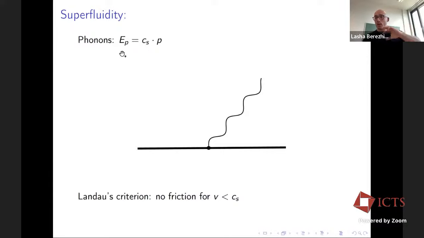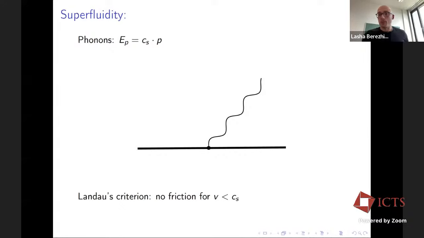Okay, so now you can ask, just to clarify, in the air we also have sound waves. We hit the sound barrier as we go supersonic, but the point is that it's not a superfluid. Why? Because once we hit the sound barrier, that's an additional friction we encounter. But when we are moving subsonically, we can excite other degrees of freedom besides sound waves, that are transverse degrees of freedom. And that is what distinguishes air, for instance, from the superfluid. In the superfluid, you don't have other dissipative excitations.